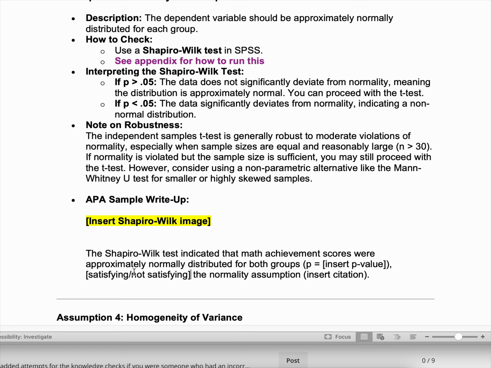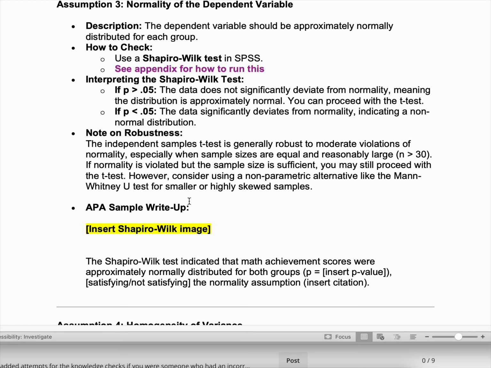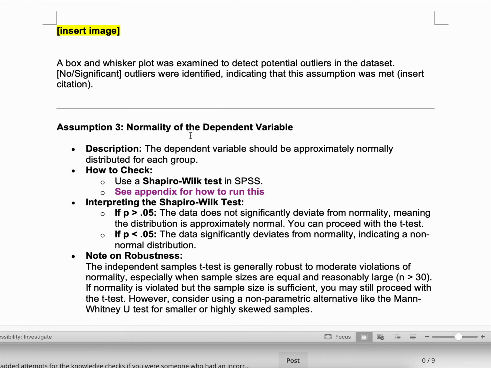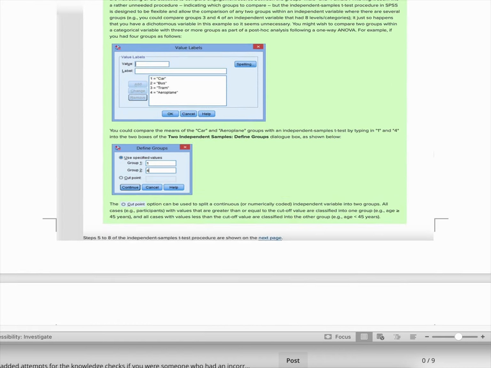And then you're going to state whether that satisfies or does not satisfy the assumption of normality. And then same thing, no significant outliers or significant outliers were identified. So in order to run this test, you're going to go to the bottom of the appendix here,